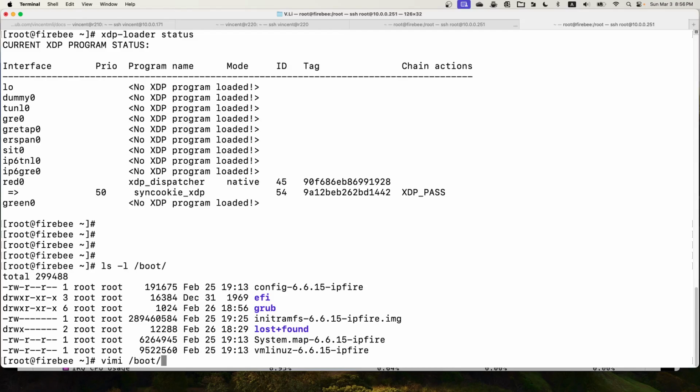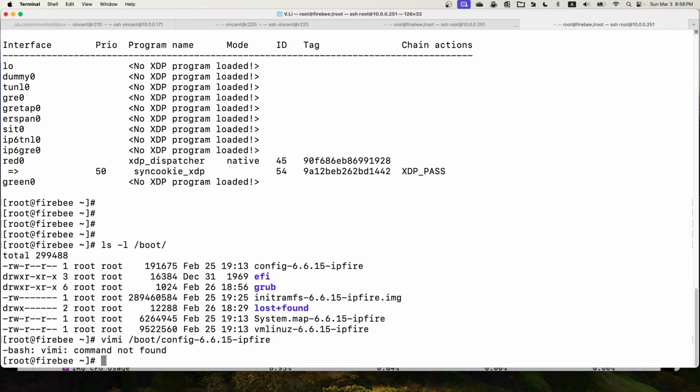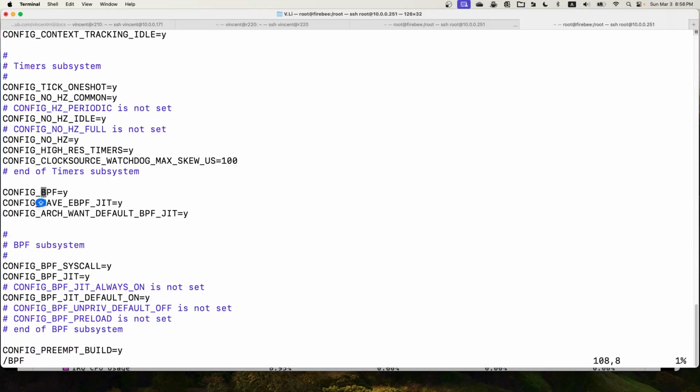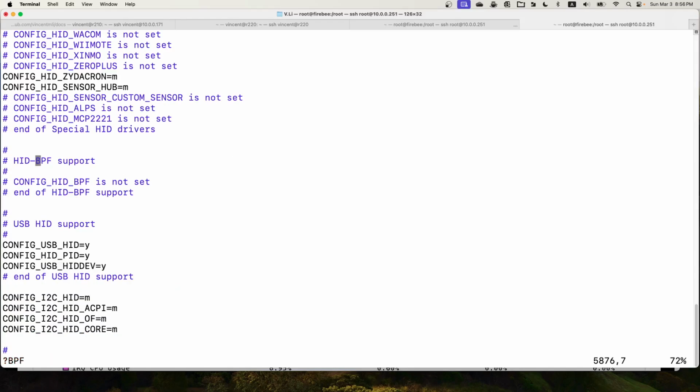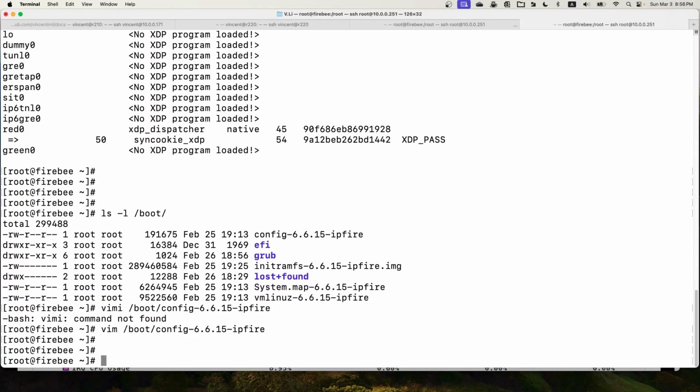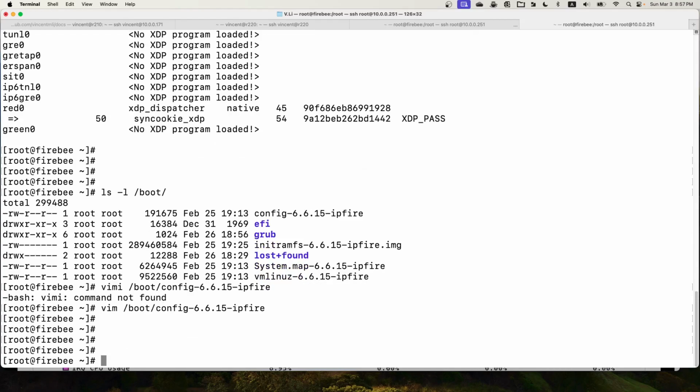You can see in the config, I have BPF enabled, and also BTF debug info also enabled. Okay, and I also installed the XDP tools, including the libxdp library, and that's why